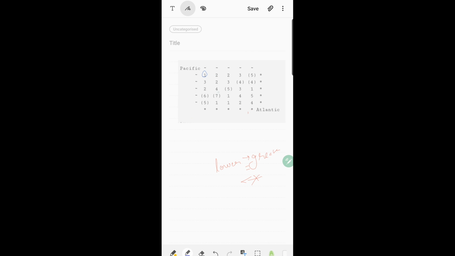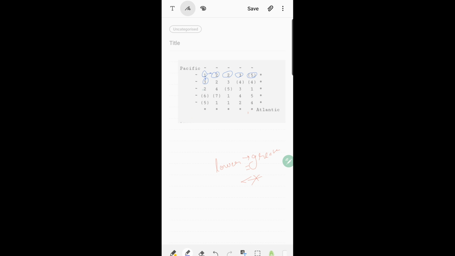So now let's start marking the values reachable from the Pacific, right? So this is reachable. So can it go to 2? Yes, it can. Can it go to 3? Yes, it can. So first let me just traverse in one direction. So 2, 3 and 5 it reaches. It was directly reachable as well, but from 1 it can go to 2. From 2 it can go to 2 because it's equal. 3 is greater than 2, so it can reach. And 5 is greater than 3, so it can also reach there.